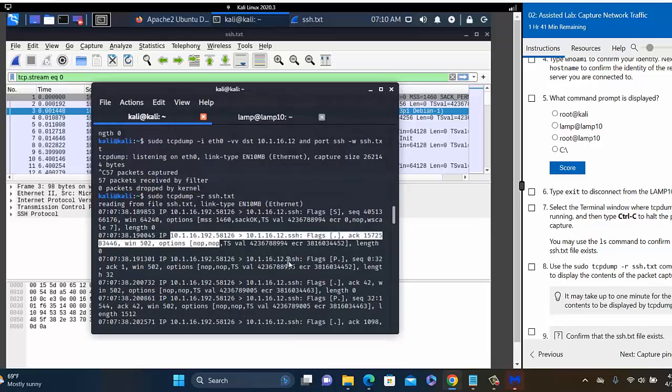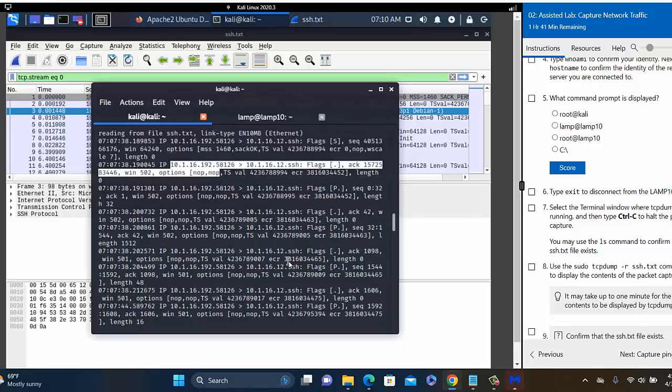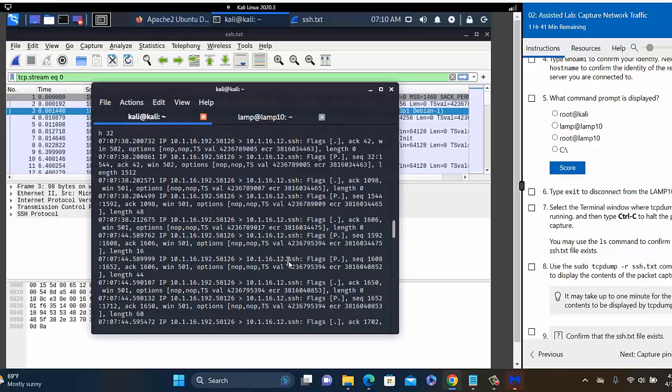You can only check the headers. You cannot check the payloads or the data. Data means when you are entering the username and password and the data is traveling, containing the username and password, it is considered the payload or the data.